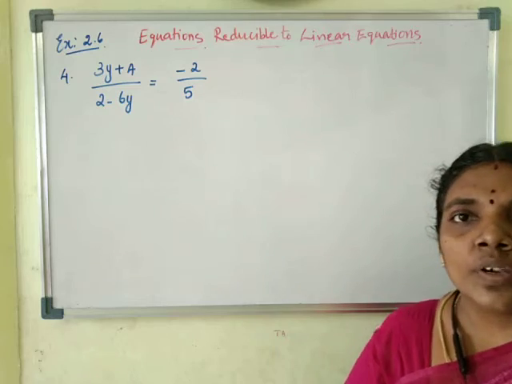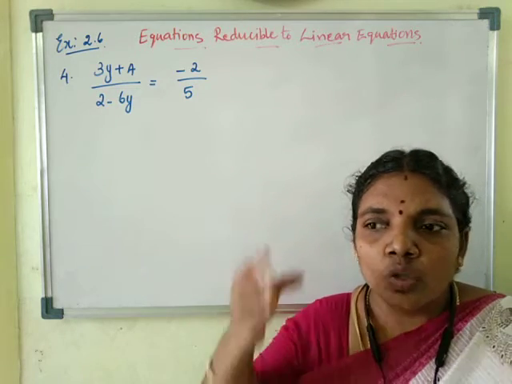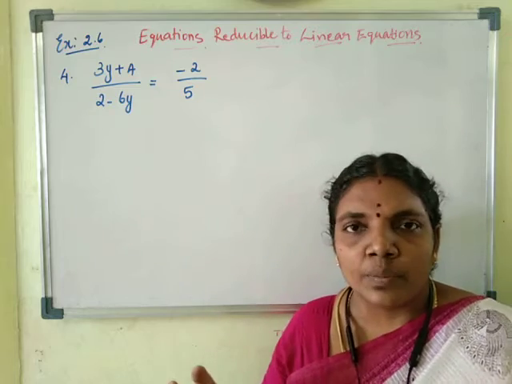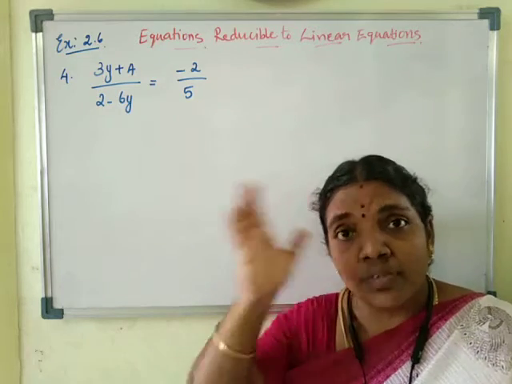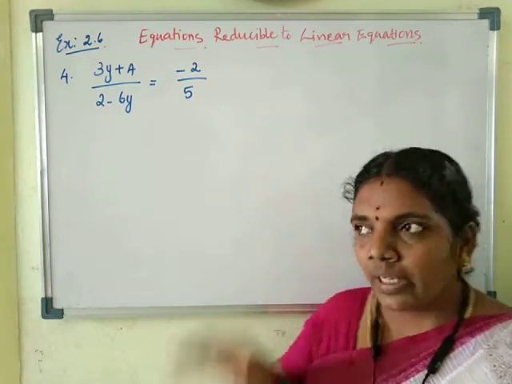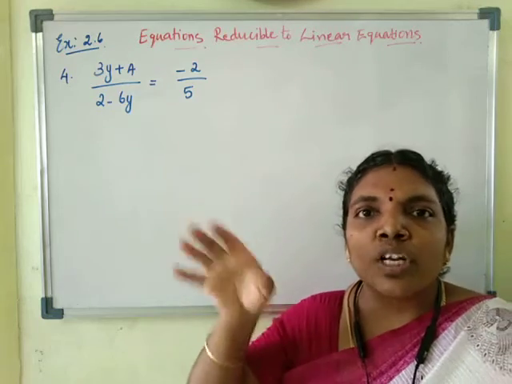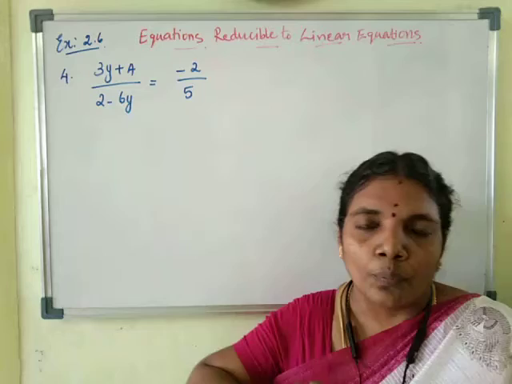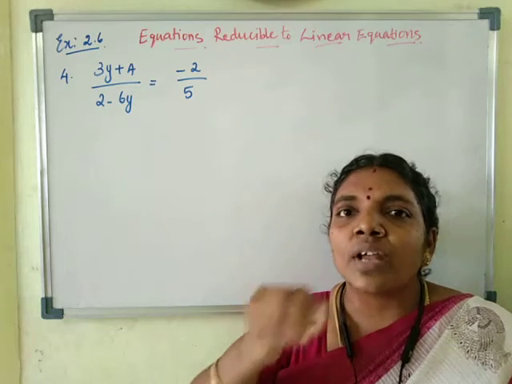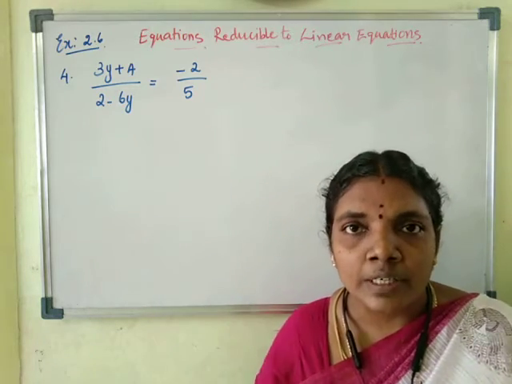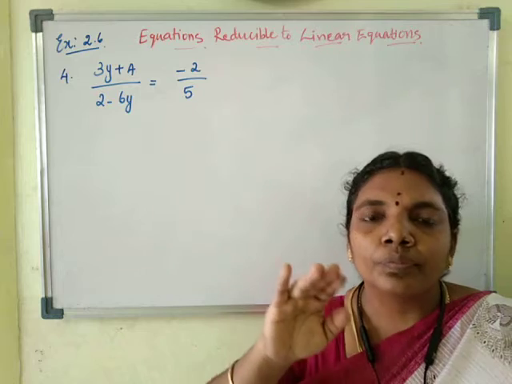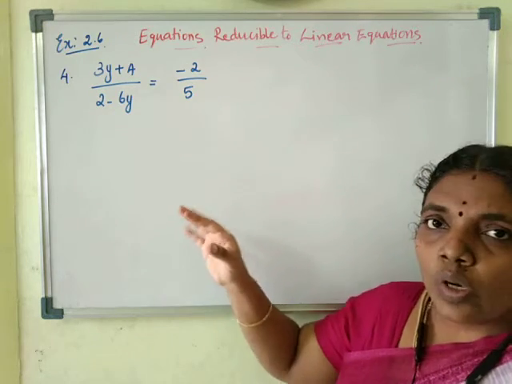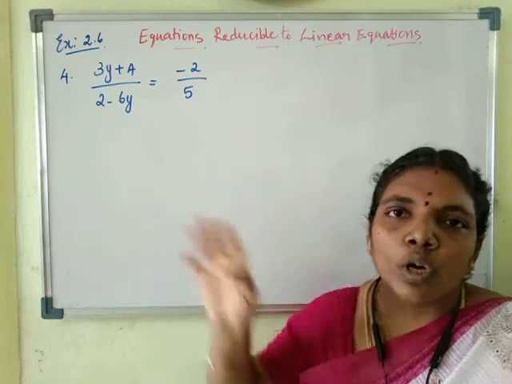Usually the equation will be in a straight line, right children? But it is now given in the fraction form. We have already seen some equations in fraction form, where variables are on the left hand side as well as the right hand side. But here the variables are in the numerator as well as in the denominators. So we have to convert this fractional form into normal form first, then go on with solving the linear equation as usual. First of all we should know how to convert this into a normal form.